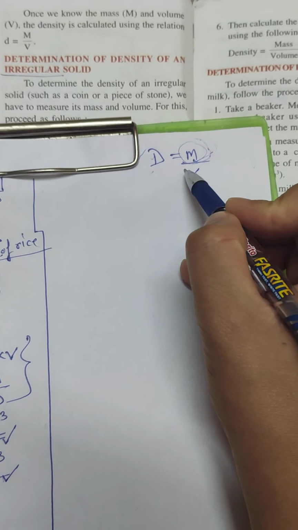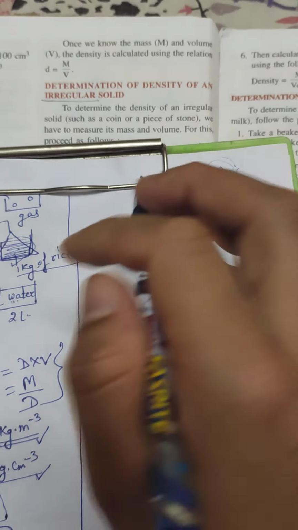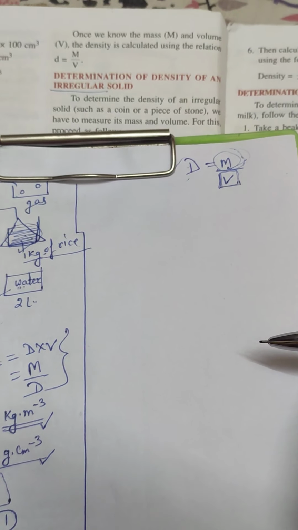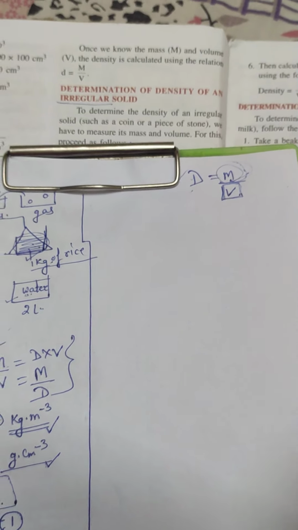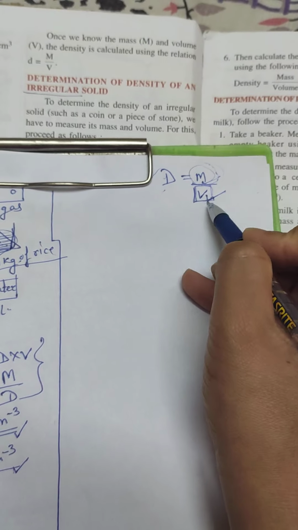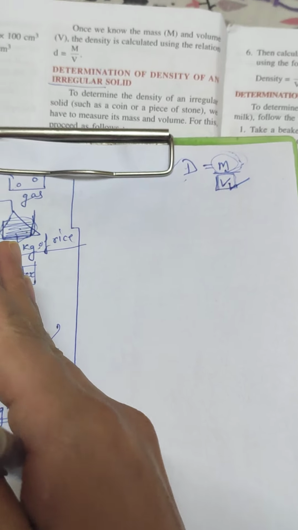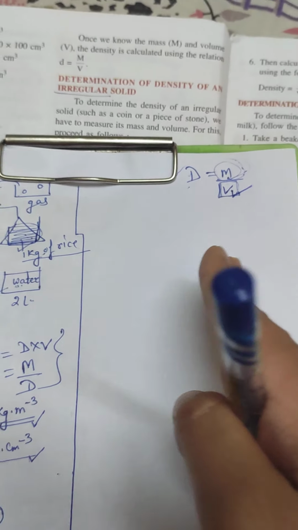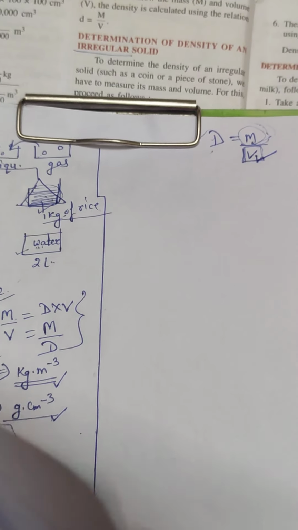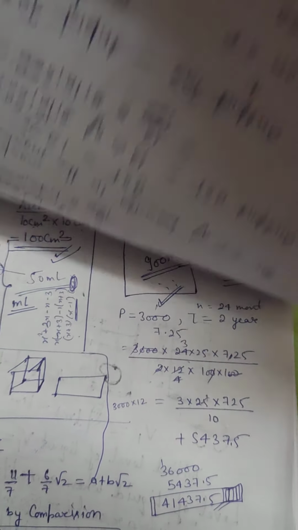Clear? But the next condition is volume, because you need the volume also. In the regular case, the sides will be given directly, length, breadth and height, or you can find out the length, breadth and height by the help of a meter ruler. But in case of volume, when the solid is irregular, you have already read in measurement of volume of an irregular object. Do you remember? You will use the same formula. What will you do?